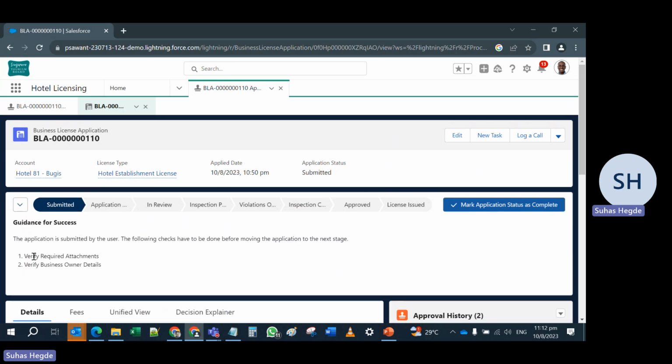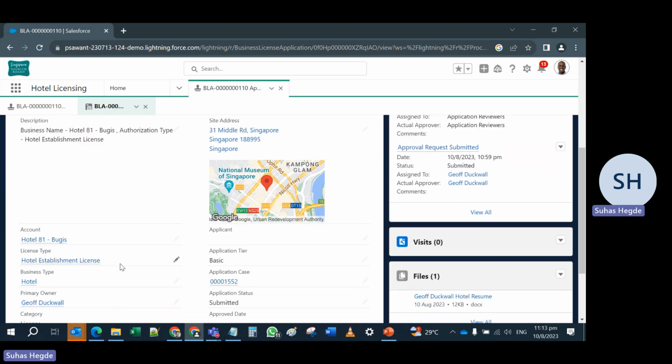have to basically see the attachment. I have to verify the business owners. Example, there is no criminal record. Maybe I might be doing some research on this particular thing, and then I will be reviewing the record. The files,